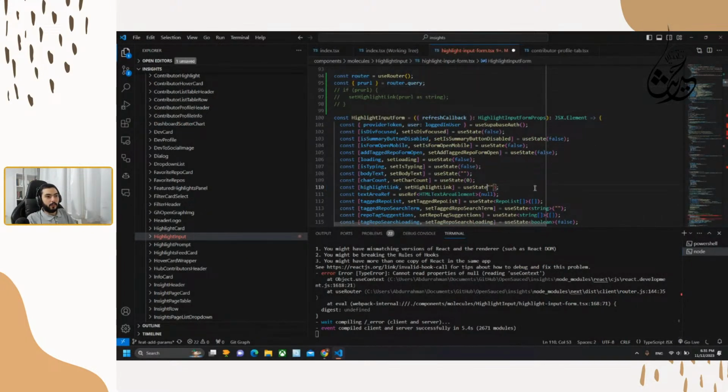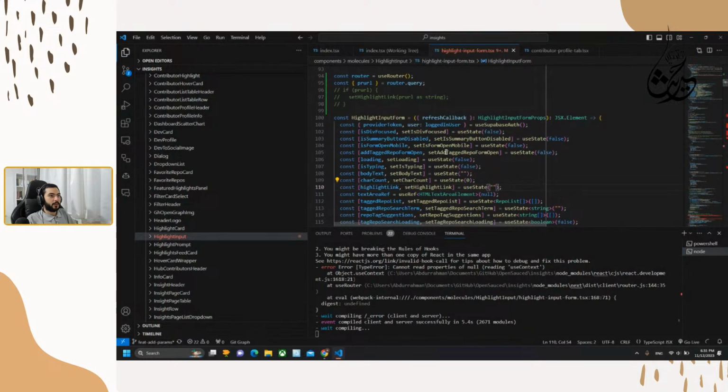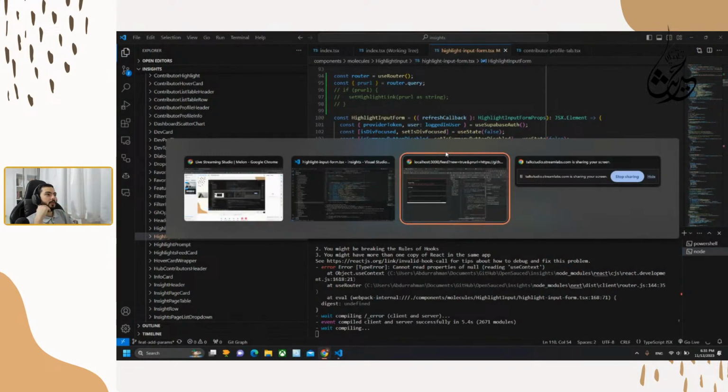So yeah, I think we could close this. We get the same issue, too many renders.